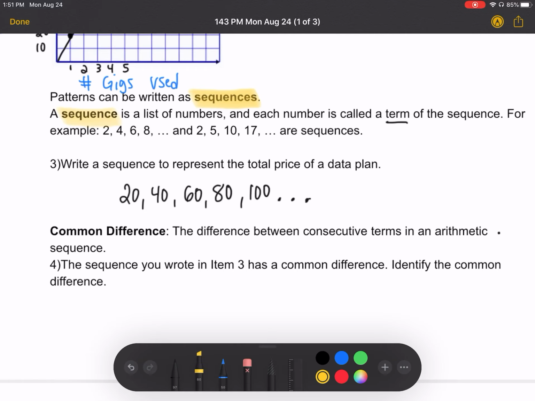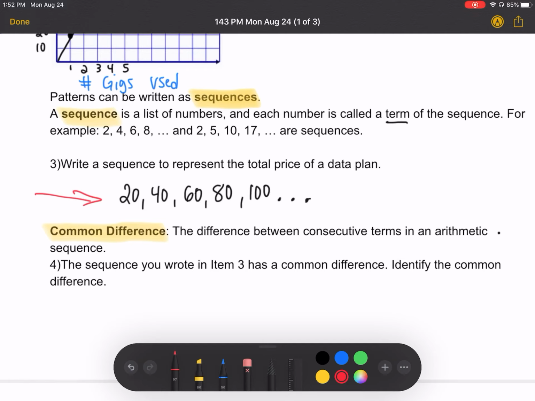Here's another vocabulary word, common difference. The difference between consecutive terms in an arithmetic sequence. So the sequence you wrote in item 3 has a common difference. Identify the common difference. Okay, so when we're looking at this sequence that we wrote here, the common difference is